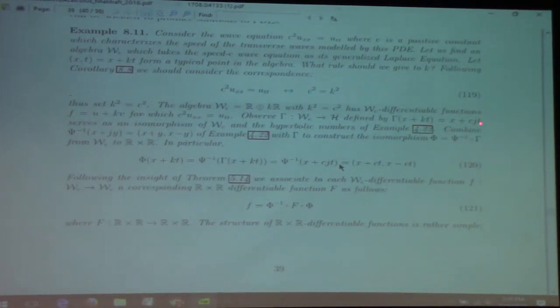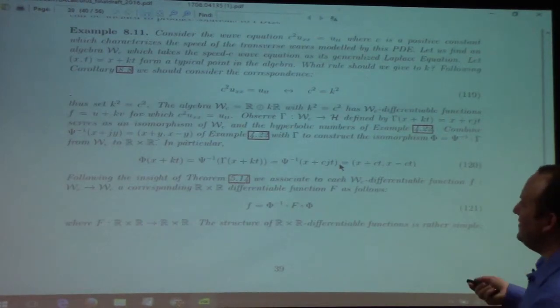So I think the idea here basically is that Cj corresponds to the element k that we want. And that makes sense because (Cj) squared is c squared, because j squared is 1. So this isomorphism assumes that we should connect k, the new thing we're inventing, and Cj, which is just a positive constant times the imaginary unit in the hyperbolics. I'm sorry, I'm an idiot. Anyway,